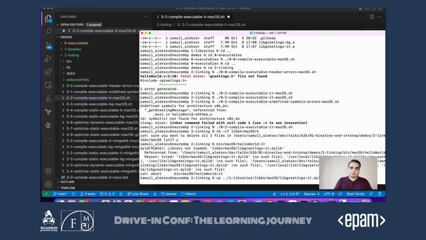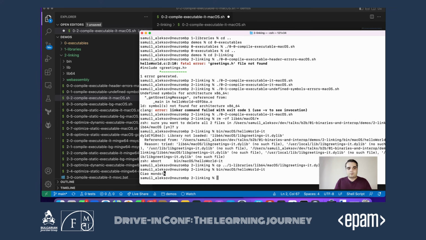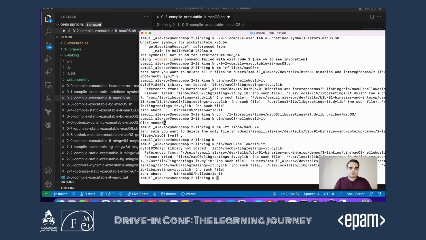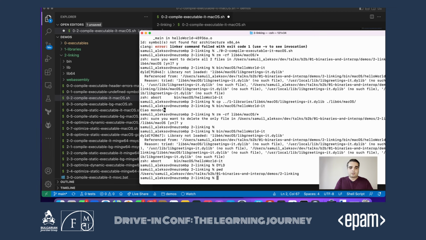And we'll copy this into our local lib64 folder, or we can just link to it, of course. But if I run the script now, we get a hello world message. A different way: let me clean it again and try to run. We get an error. On macOS, we pass this environment variable, which tells the operating system in which folders to look for libraries. So